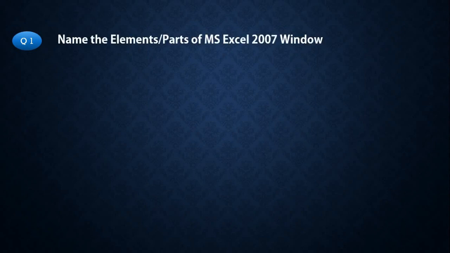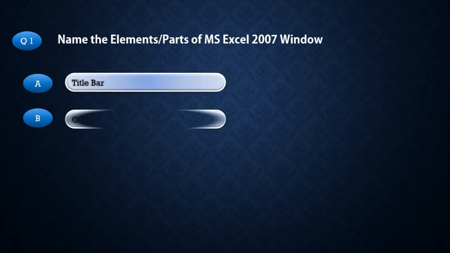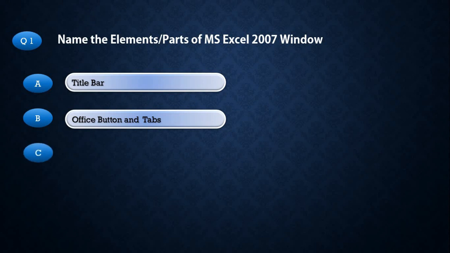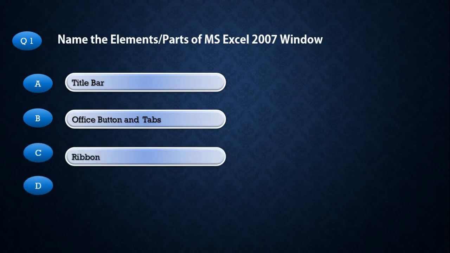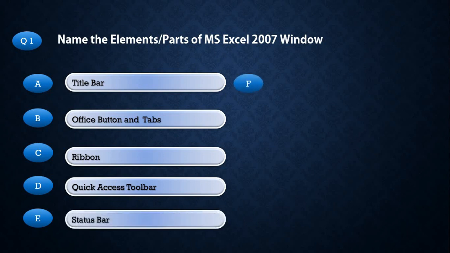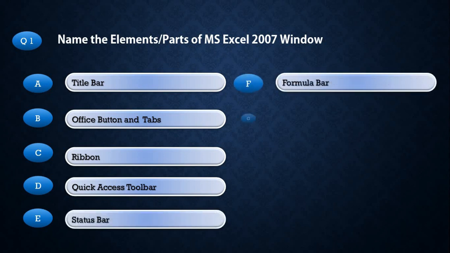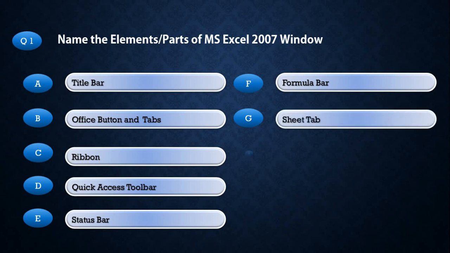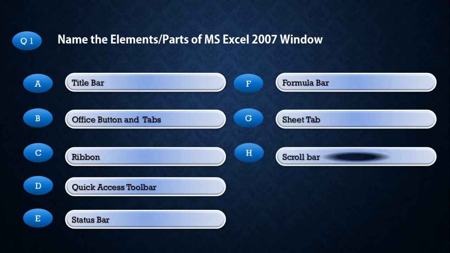The answer for the first question, name the elements of MS Excel 2007 window. We have title bar, office button and tabs, ribbon, quick access toolbar, status bar, formula bar, sheet tab and scroll bar. Here, title bar, office button and tabs, ribbon, quick access toolbar, status bar and scroll bar